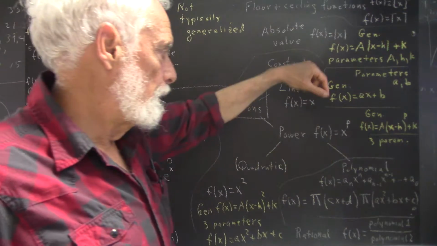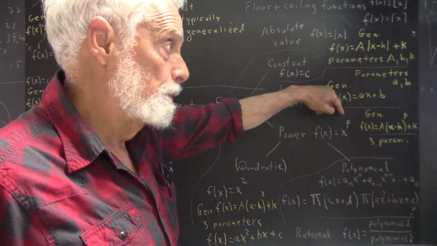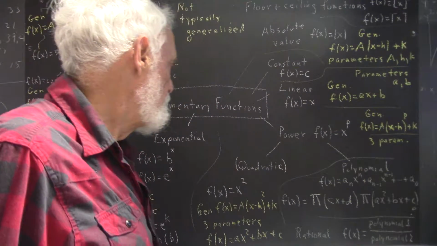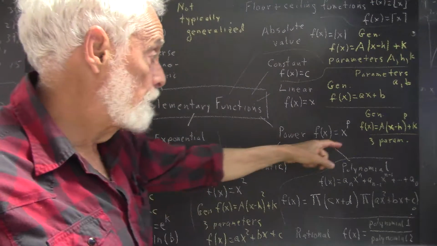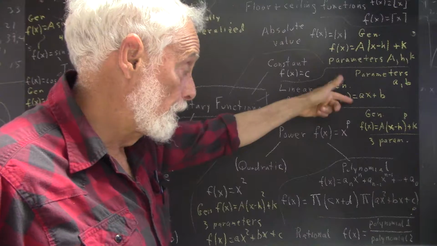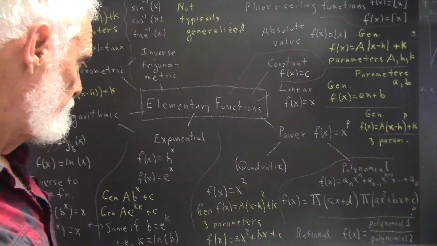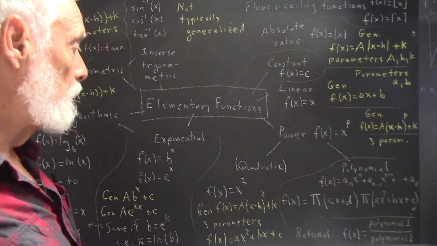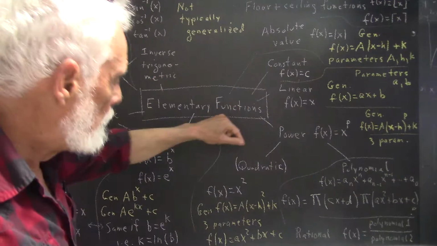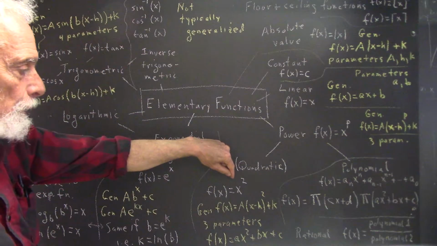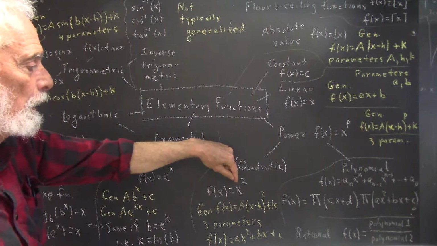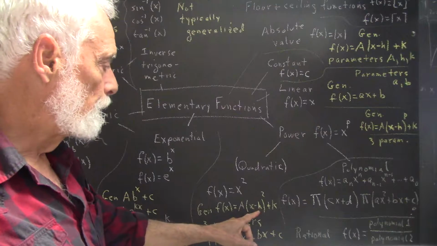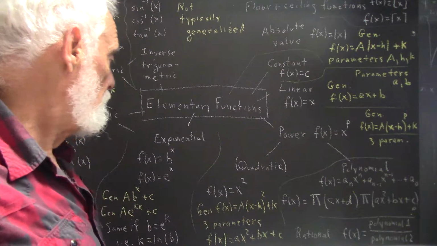For a quadratic function, we add a multiple of x squared, which is the p equals 2 power, x, which is the p equals 1 power, and 1, which is the p equals 0 power, x to the 0 being equal to 1. And we can get any quadratic function we wish. The most basic is f of x equals x squared, transformed by a vertical stretch, a horizontal shift, and a vertical shift. We get this